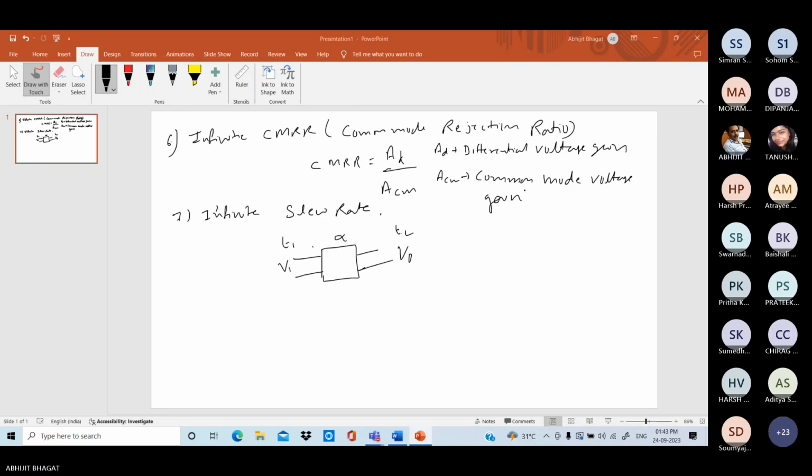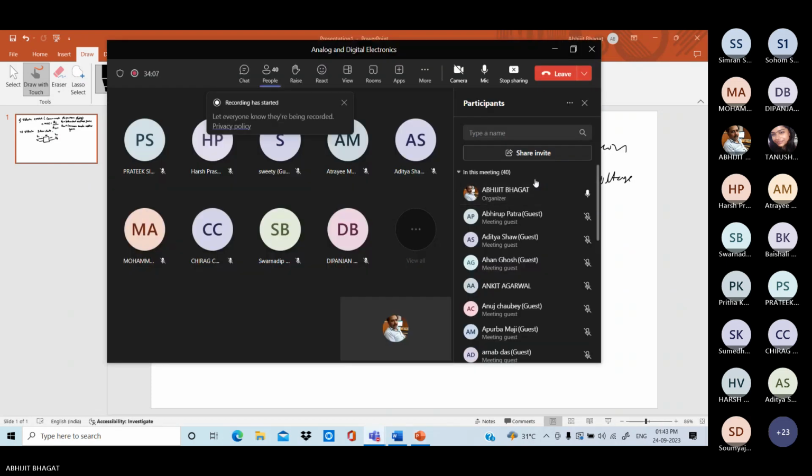ठीक है? ज्यादा हो जाए या फिर इच्छा नहीं हो, जो भी दिक्कत हो, रिस्पॉन्स करो, बताओ। नहीं समझ में आया वो भी बताओ, समझ में आया वो भी बताओ।